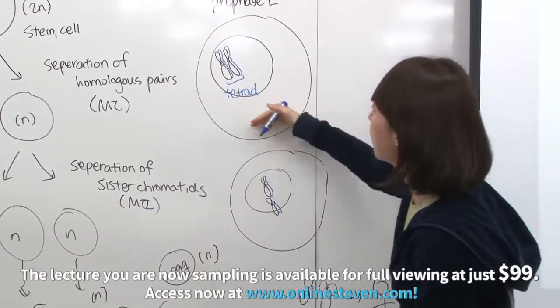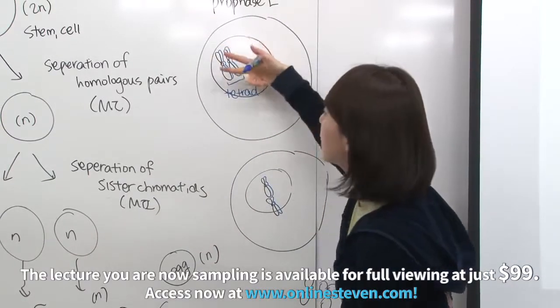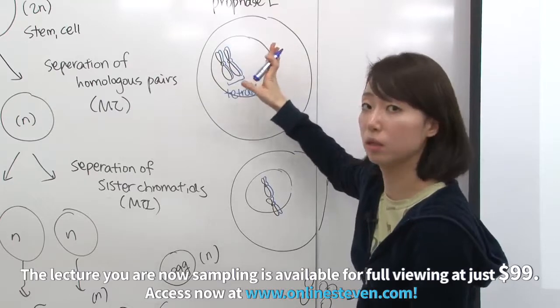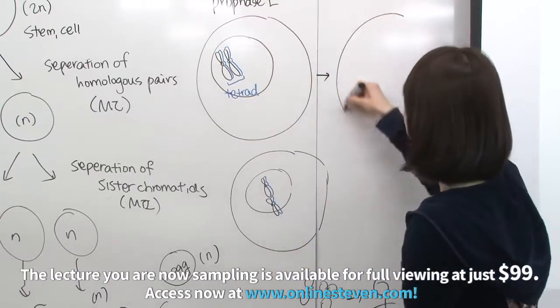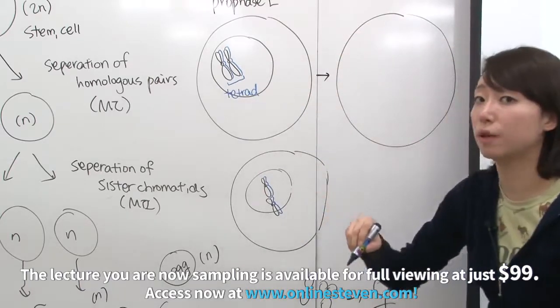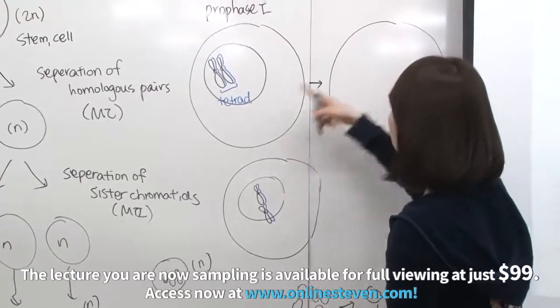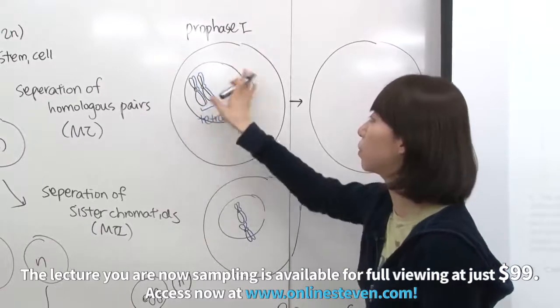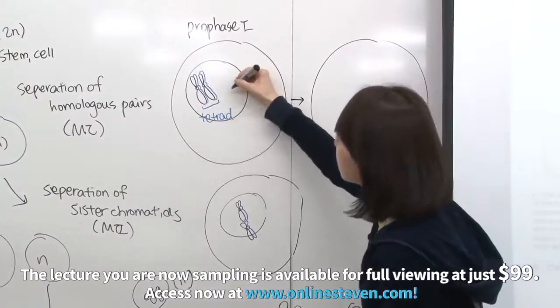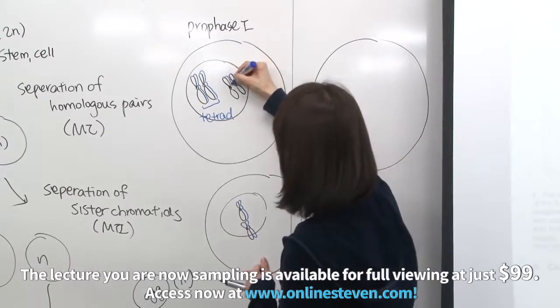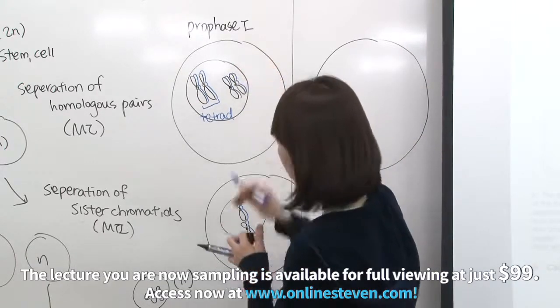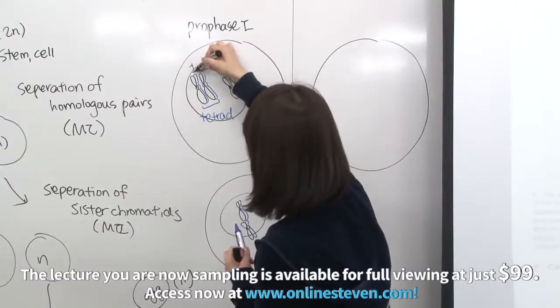But in this case, this whole complex gets aligned. You know what I mean? So here, when it goes to metaphase 1, the nuclear membrane, the nuclear envelope, is destroyed, and these tetrads, so this is number 1 chromosome, and this is number